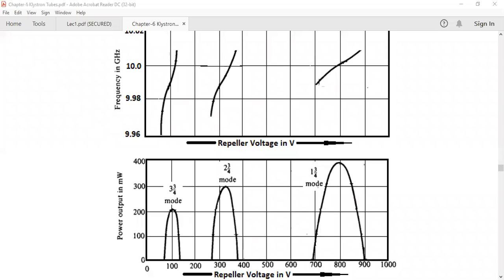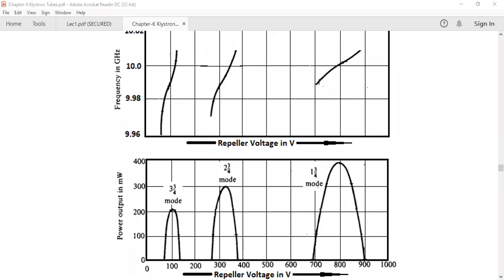Now here one more topic is there. The analysis of the two cavity klystron and reflex klystron, I already explained last class. We need to calculate the theoretical efficiency. Sometimes they will ask: prove that the theoretical efficiency of the two cavity klystron is 58.2%, and the theoretical efficiency of the reflex klystron is 22.8%. So they may ask, prove that. For this, we already discussed last class also.